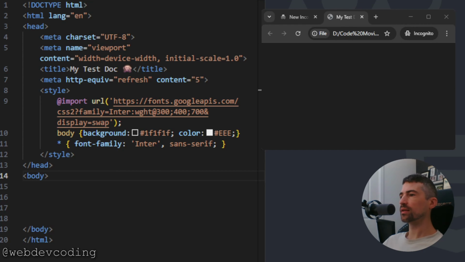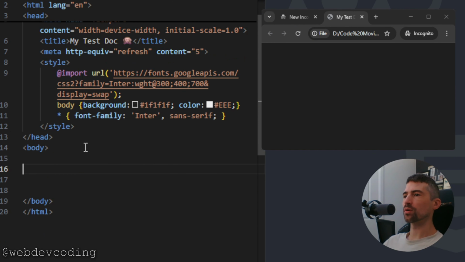Right, let us get centering elements. Man, it used to be so hard to center an element in CSS. I'm going to do the old method and then show you the new super easy method. So basically the old method used to be when you set the parent to relative and the child to absolute,